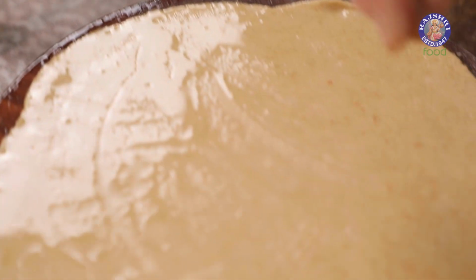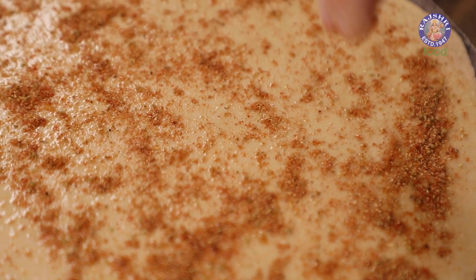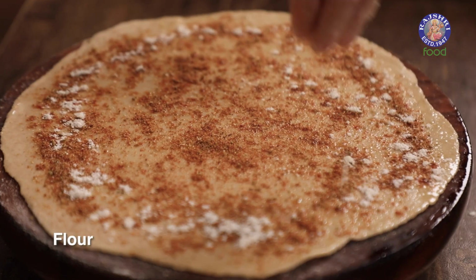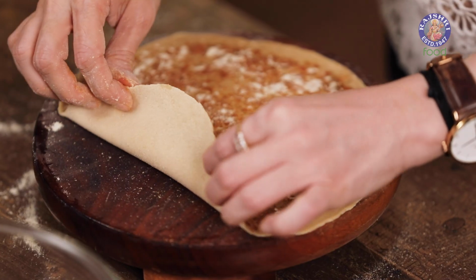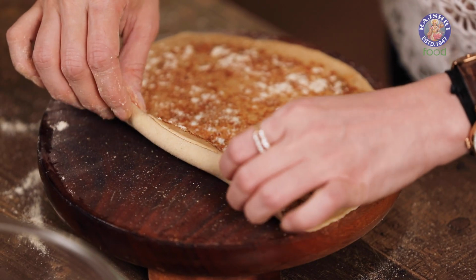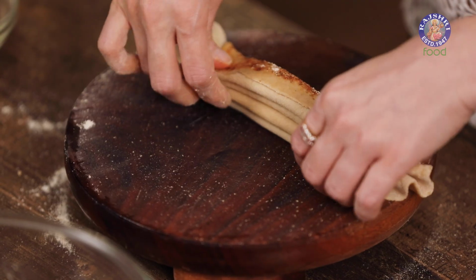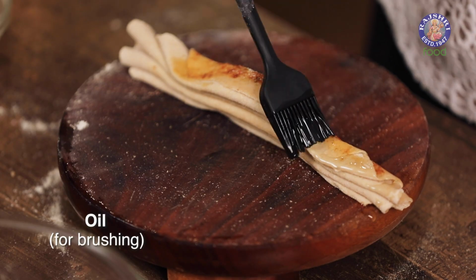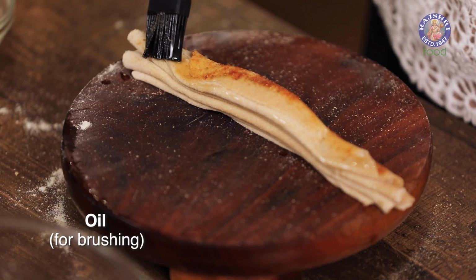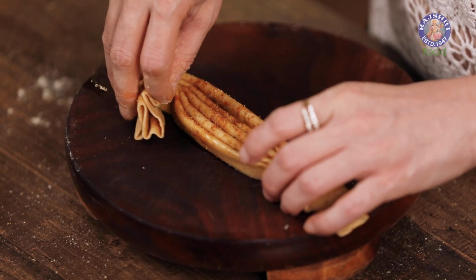Generously sprinkle the masala mix. Also sprinkle some dry flour. Since this is a Satpadi roti, you will have to make a minimum of 7 pleats or more. Brush a little bit of oil over the pleats. Just flip it sideways and roll